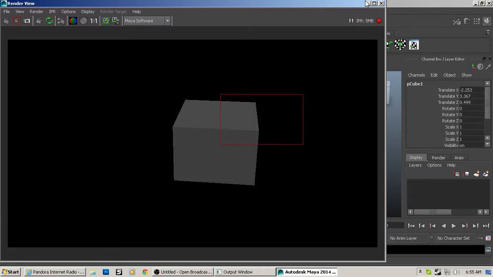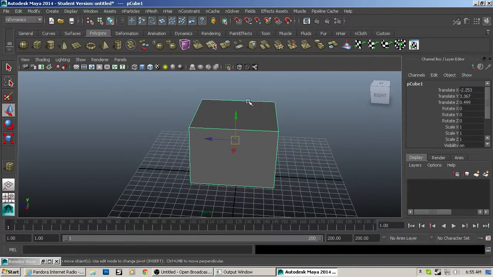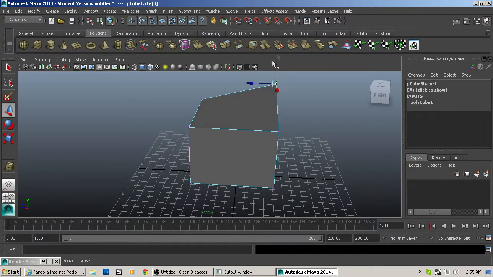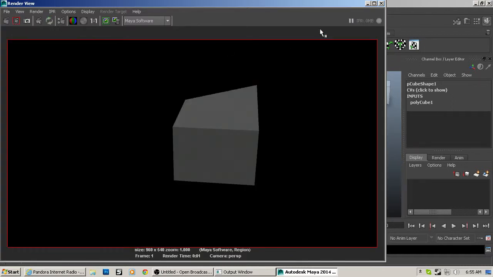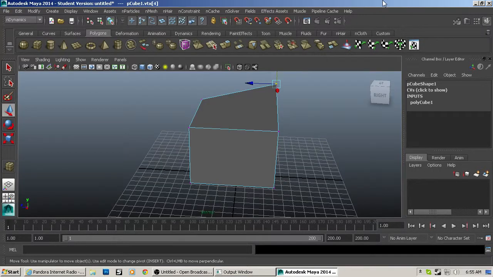So if I were to make, say, a change to this vert right here, and then go back in my render view and click this, boom, you'll notice the difference. Or I could do like this and it will just do it. But anyways,